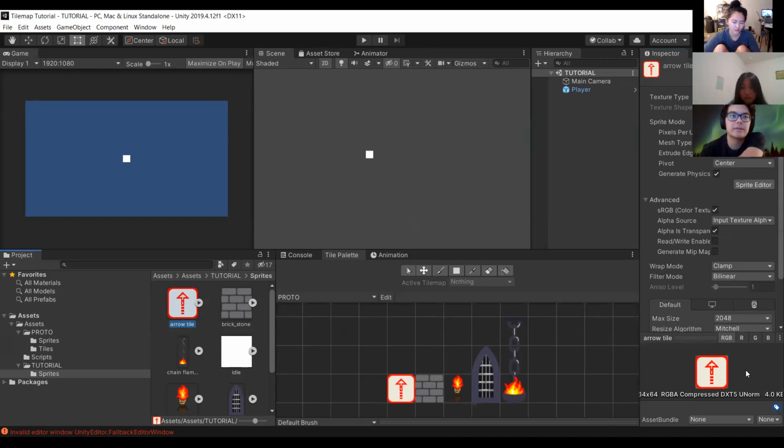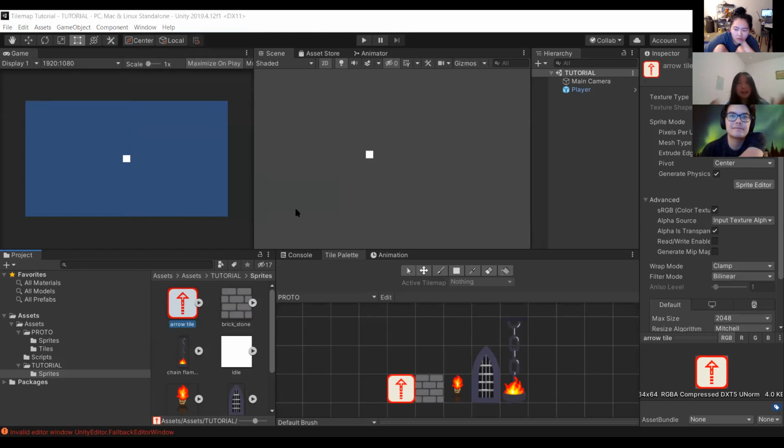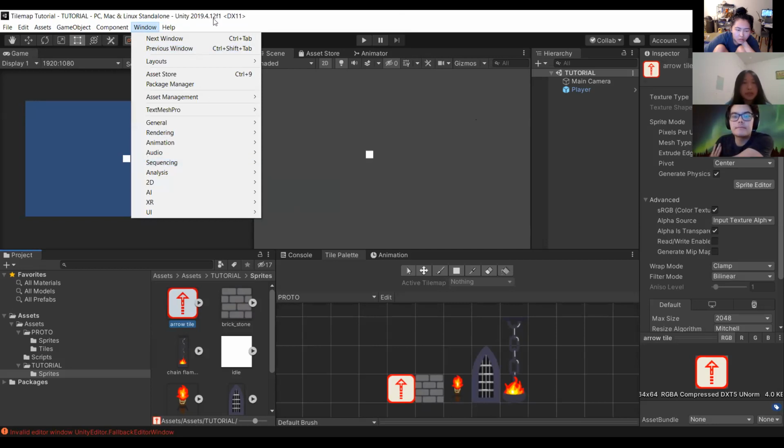How do you get the tile palette? Oh, shoot, that is a very good question. To open up the tile palette, please go to Window. It'll be 2D and then Tile Palette. This is just for the purposes of my explanation. We won't be going into tile palettes until later. Yeah, you guys are good. If you ever don't see something, like you're wondering why you're missing the scene window, just go to Window and you should be able to find it somewhere here.